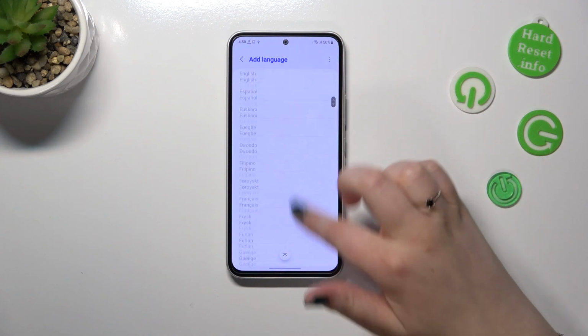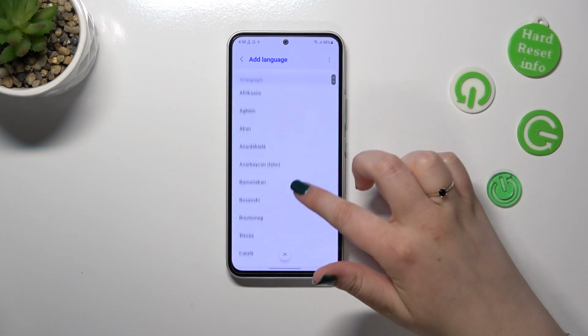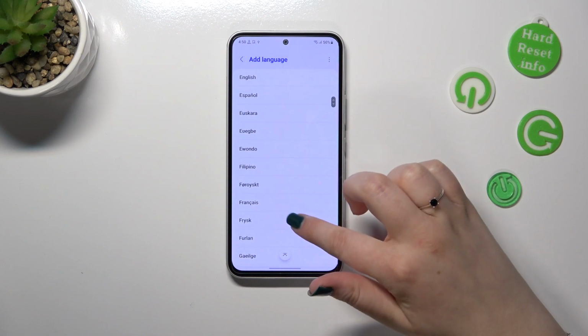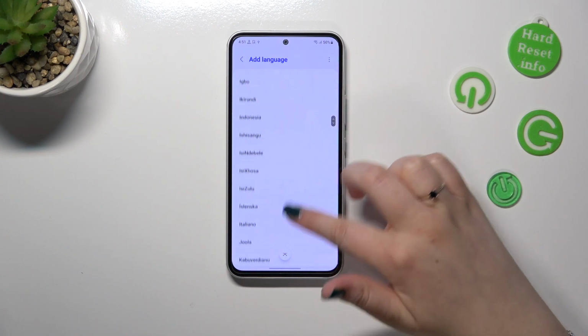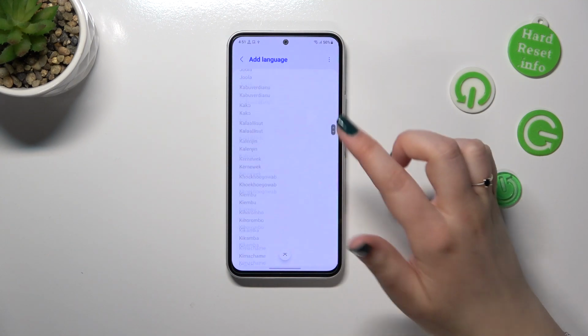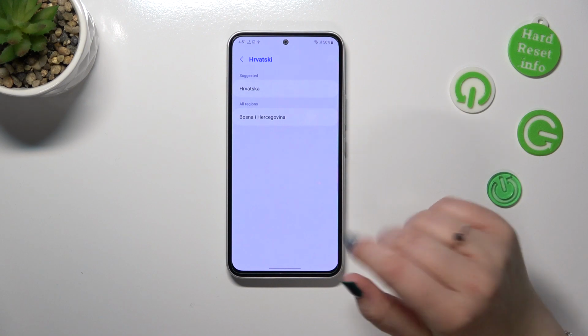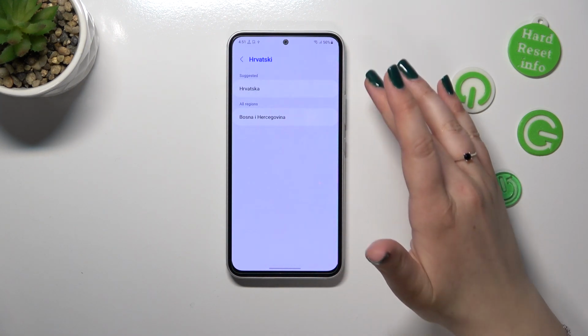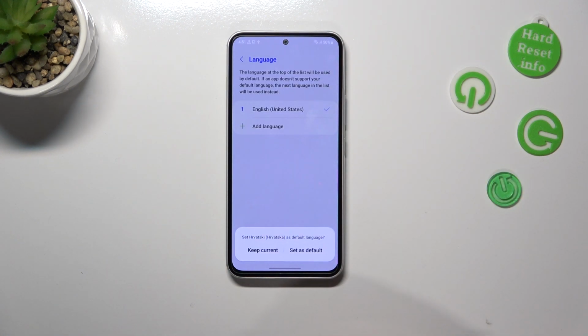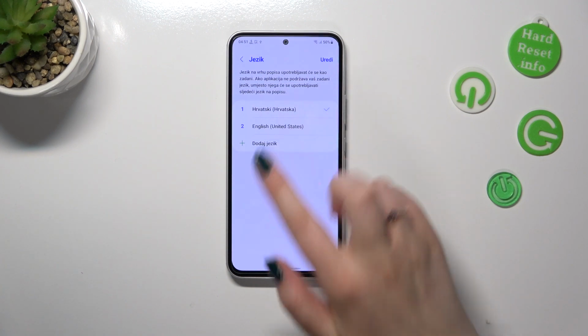If you want to set the new language, just find it and tap on it. So let me pick, whatever, let me pick this one. And as you can see, here you can pick the regions, sometimes of course depending on the language. So let me tap on it, and your device will ask you if you want to set new language as a default one. So of course just tap on set as default, and as you can see, it will immediately